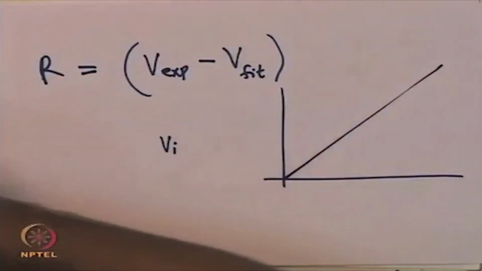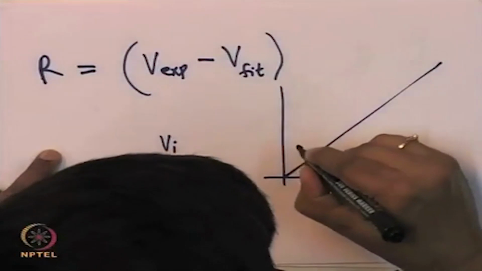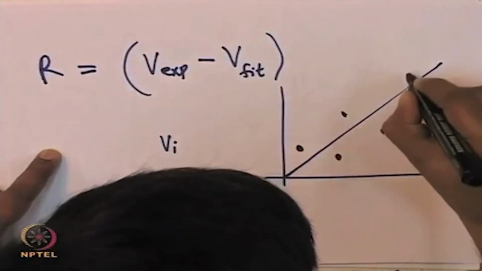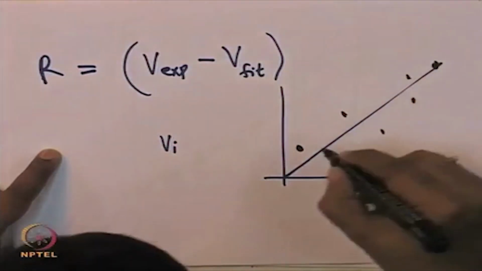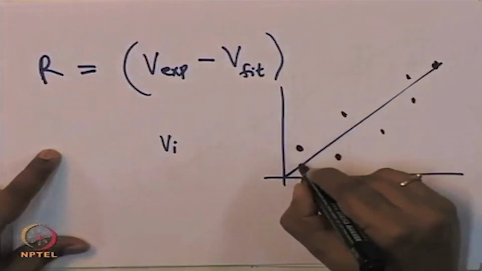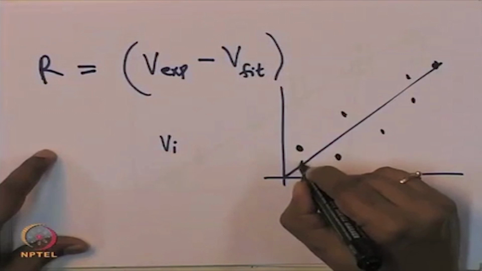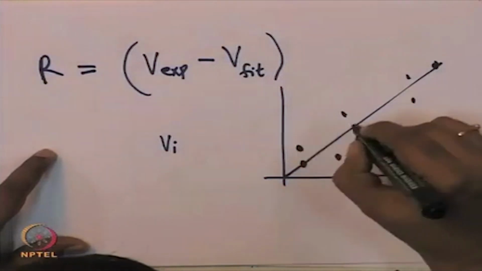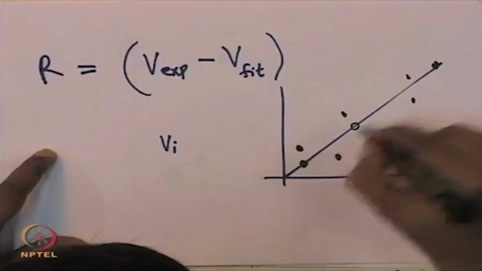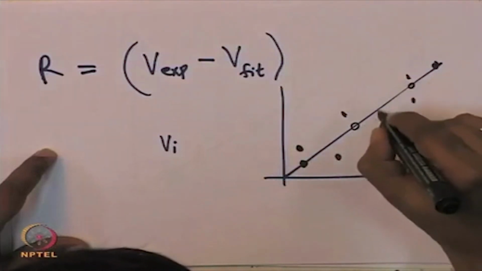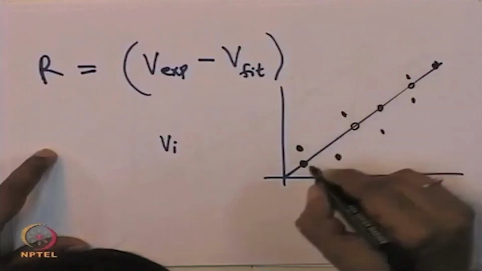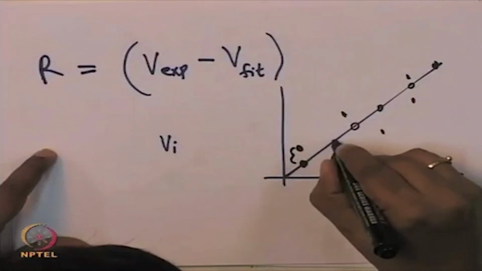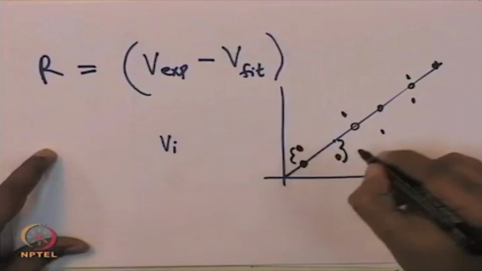the experimental values we represent by some points. Now this is the theoretical value, corresponding to the fitting value, which is what you get. This is the fit value from the fitting, right. For each point there will be some value for the fitting. So, this difference here, this difference